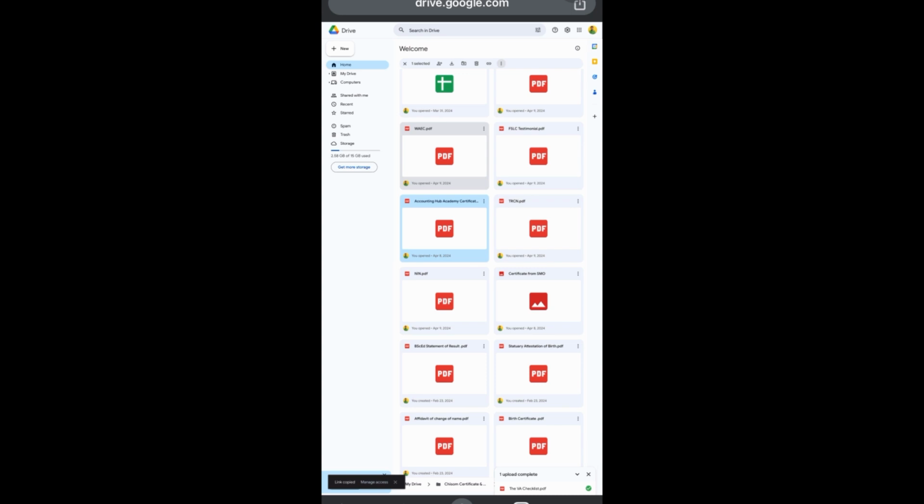It's as simple as that. You have hosted your digital product or your ebook on your Google Drive, all for free. Now you can send that link to any of your clients who have made payment to purchase your digital products. And this is how you can make use of the Google Drive as a free platform to host your ebook